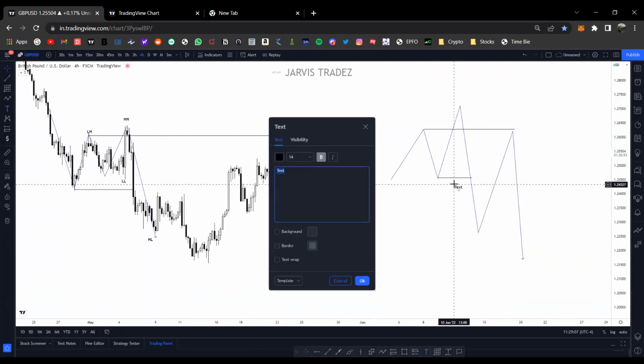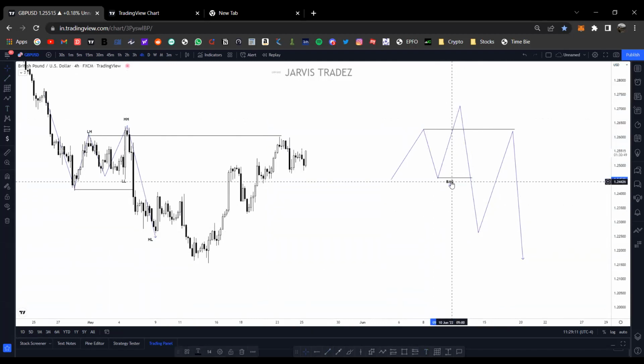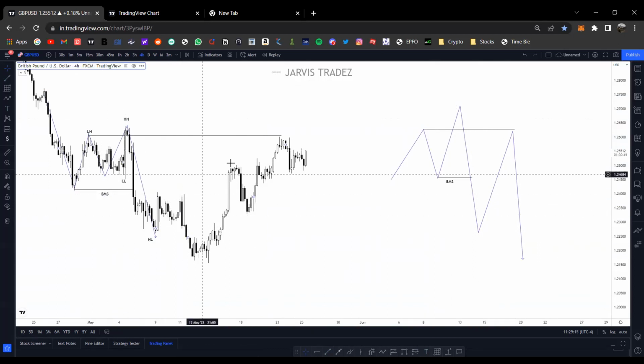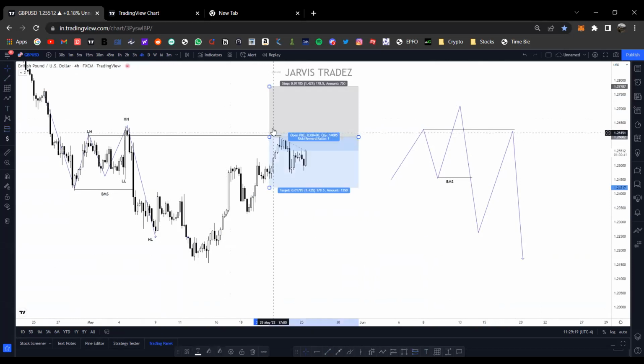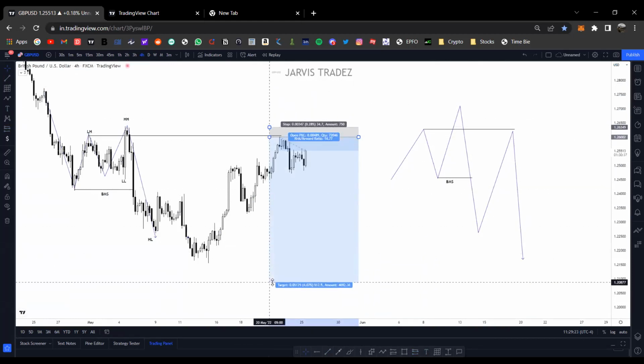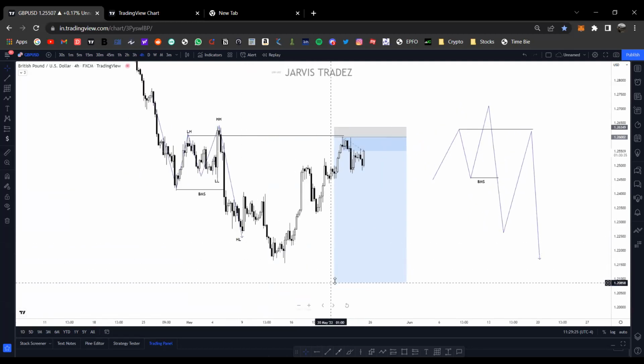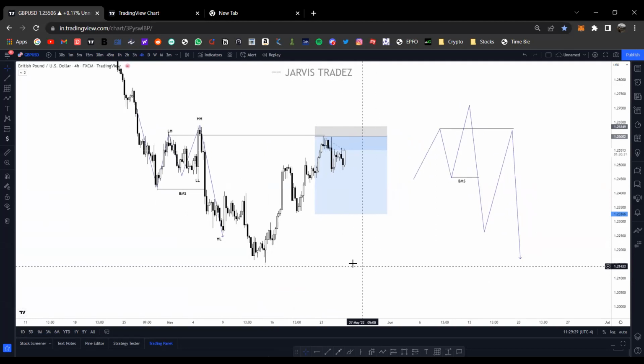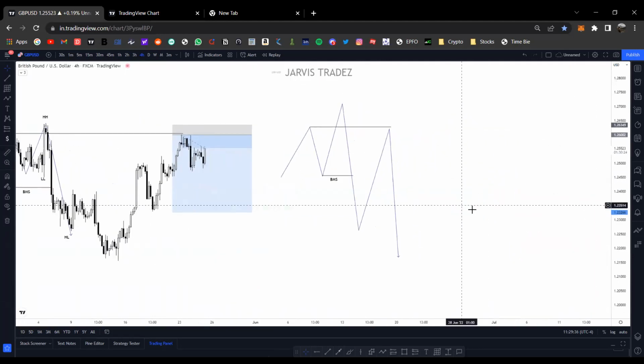So we have a BMS here as well, and we have a BMS here as well. So where we will be entering, we will enter here with the stop loss at the other side, targeting this low only. Okay, so this will be a sell QML, and as I explained to you,